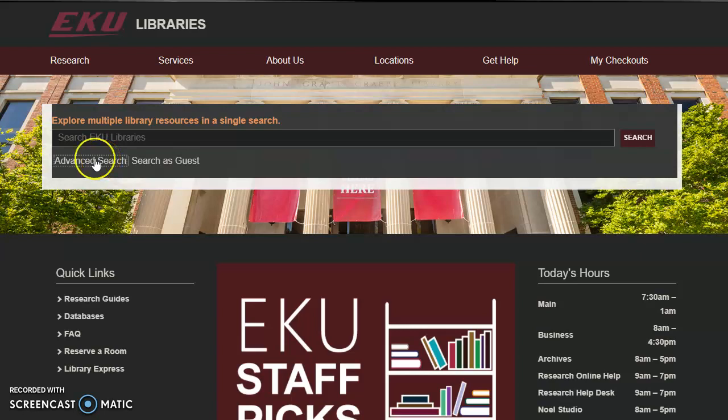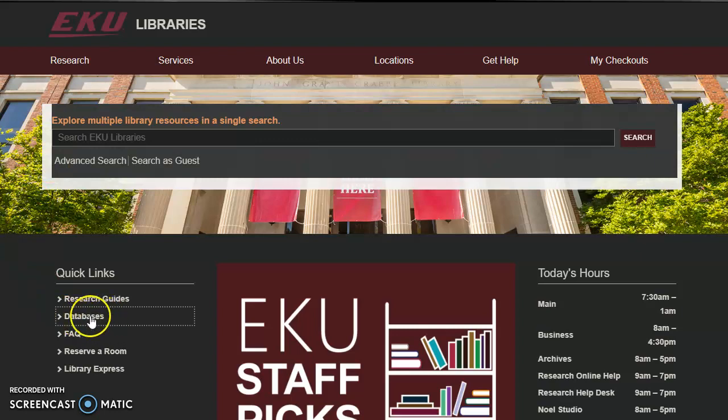Alright, so we're going to look at how to get to a subject-specific database, which is a great way to narrow your focus down. If you search from the main page here in the main search bar, that's going to search 95% of our databases, which is great to get a very broad overview. But if you're really looking for something specific like in psychology or nursing or something like that, the best thing